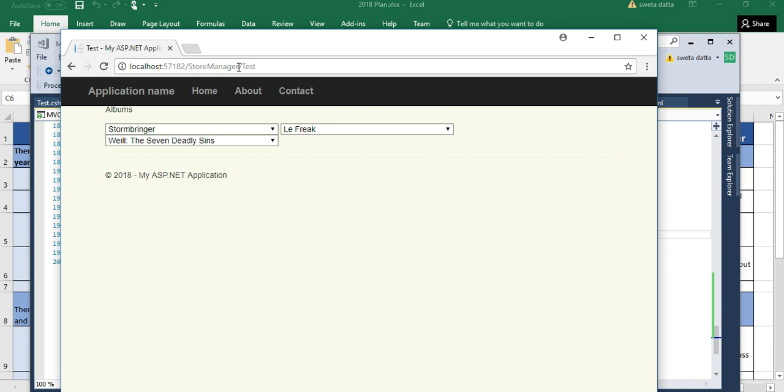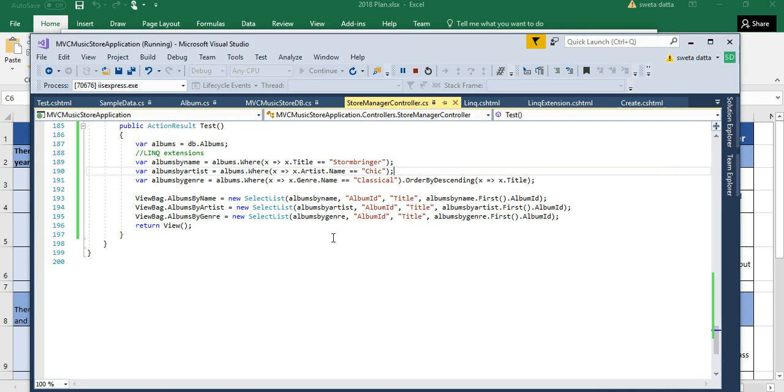So I've changed my code to use the extension functions, and now I'm getting the same result as before. It's much more efficient, much more intuitive in a way for developers to write code this way. So that is really a cool way of doing it. So let's see. Let's look at a couple different ways we can display